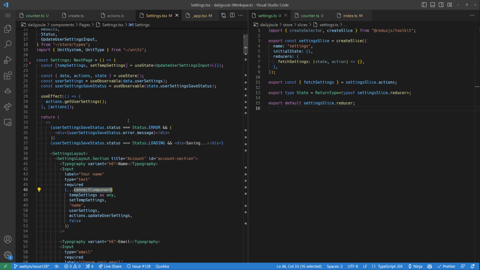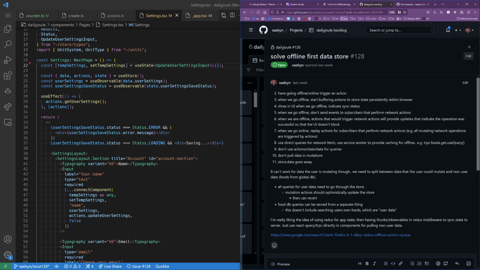It's also managing local state, right? So we have temp settings and set temp settings. Question is going to be, as I look to replace this with Redux actions, do I want to continue doing this, or do I want to shift both the action where we save the changes? So the intent here is that